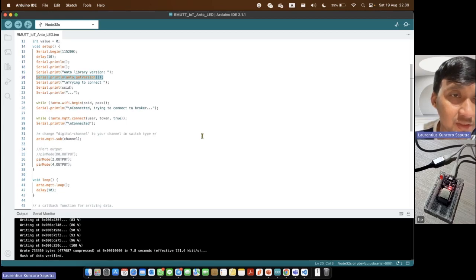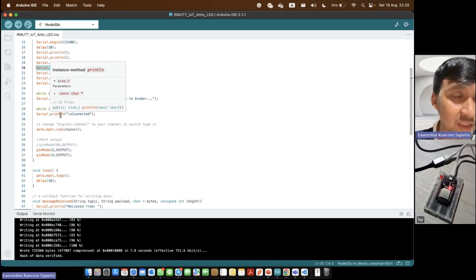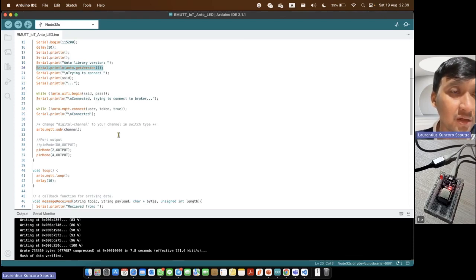After the ESP32 successfully connects to Wi-Fi, it will connect to the broker. The broker is already in the Anto platform, Anto IO. So we should make a connection with the MQTT protocol.